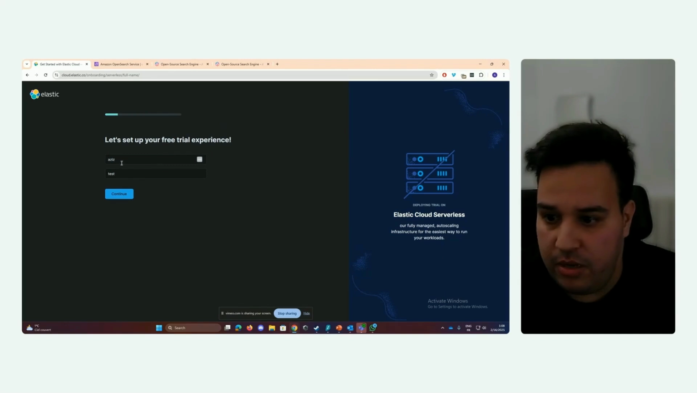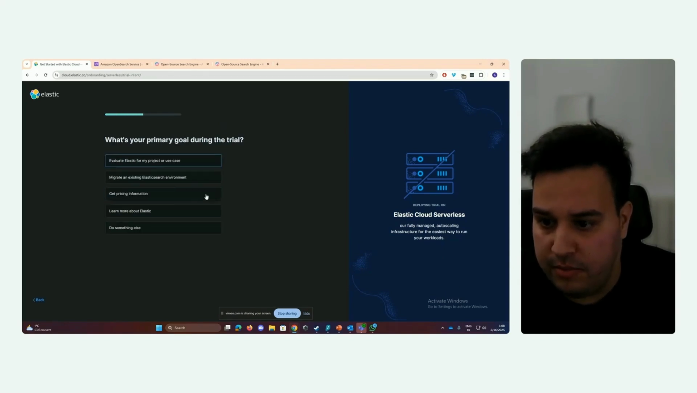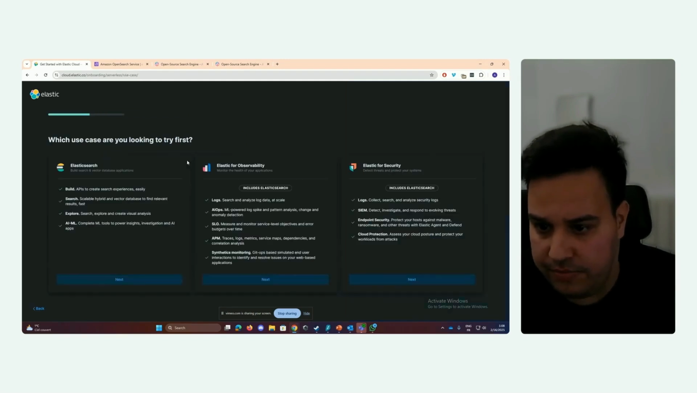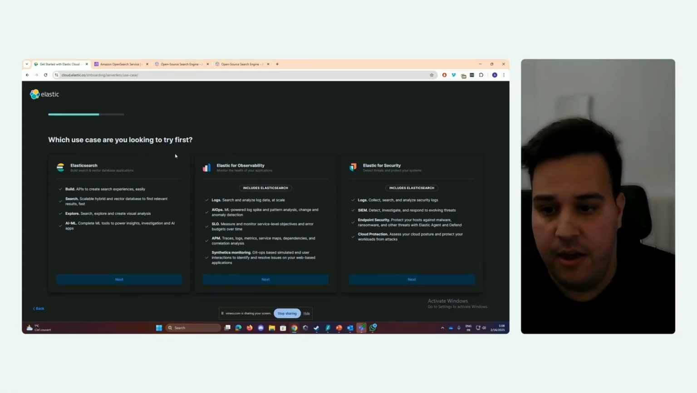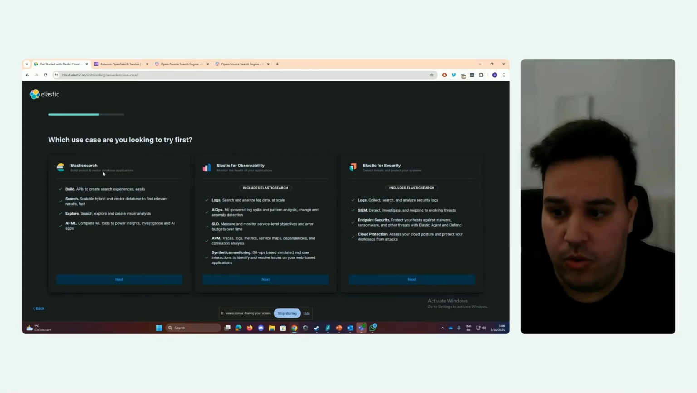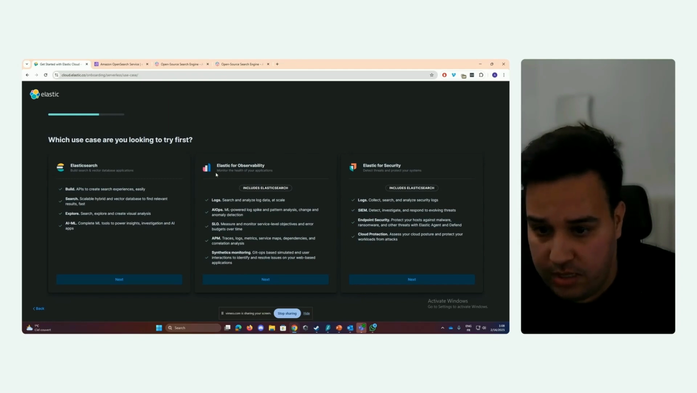So now I'm just gonna provide my name here, and then click next. And here you have a couple of questions that I think they are using for the statistics. And here you can see that for the serverless solution, they would basically ask you to choose one of these. So is it either Elasticsearch for search, or observability, or security. So I'm just gonna say